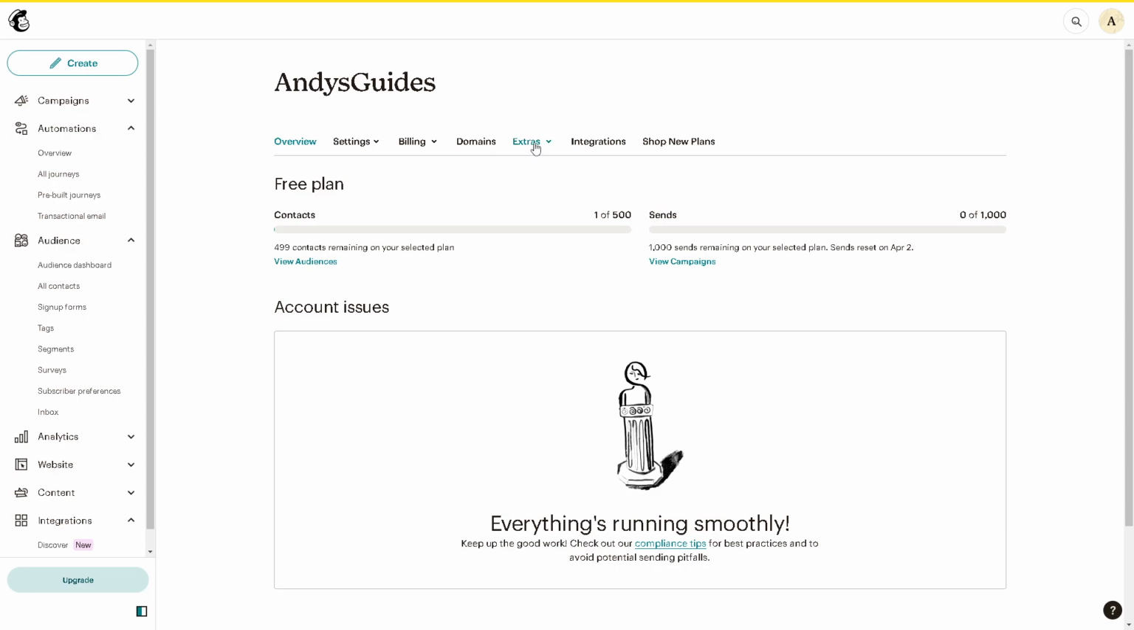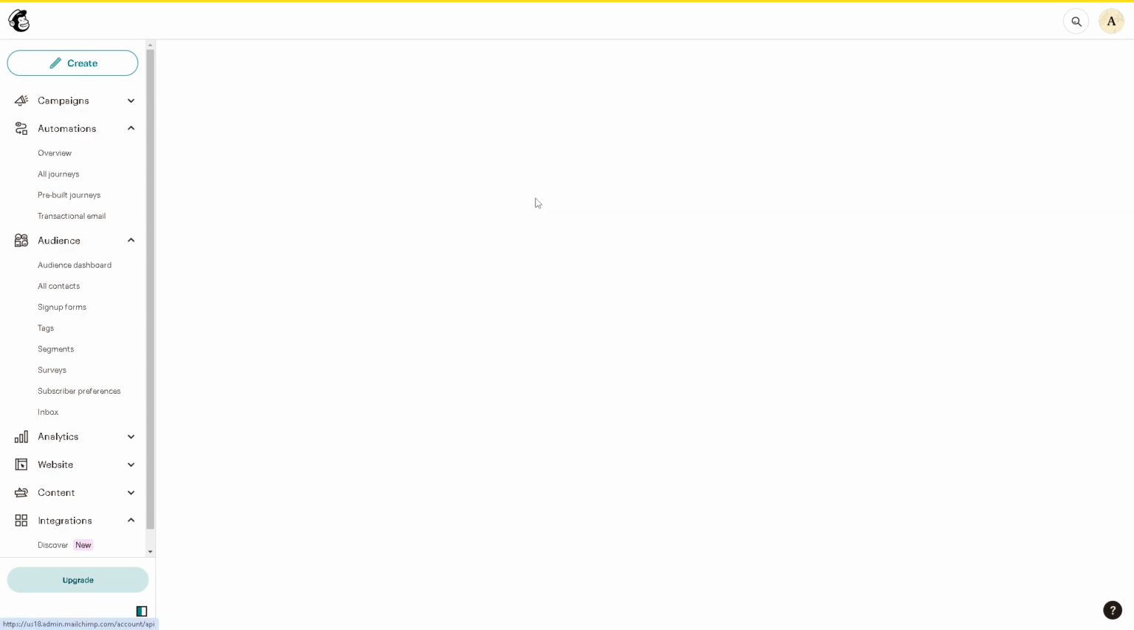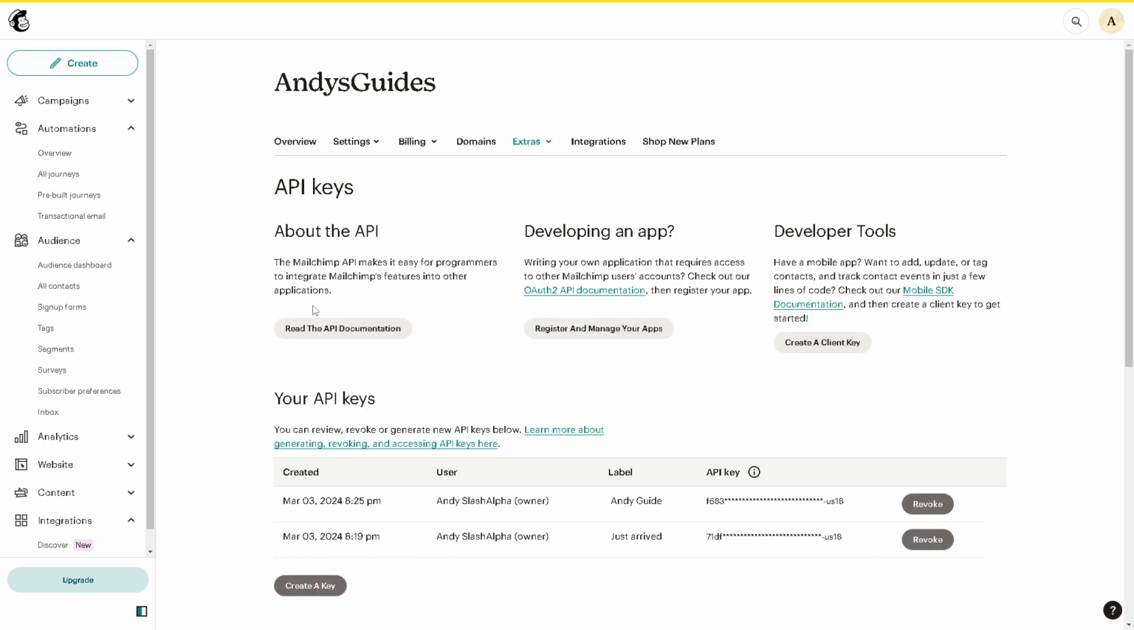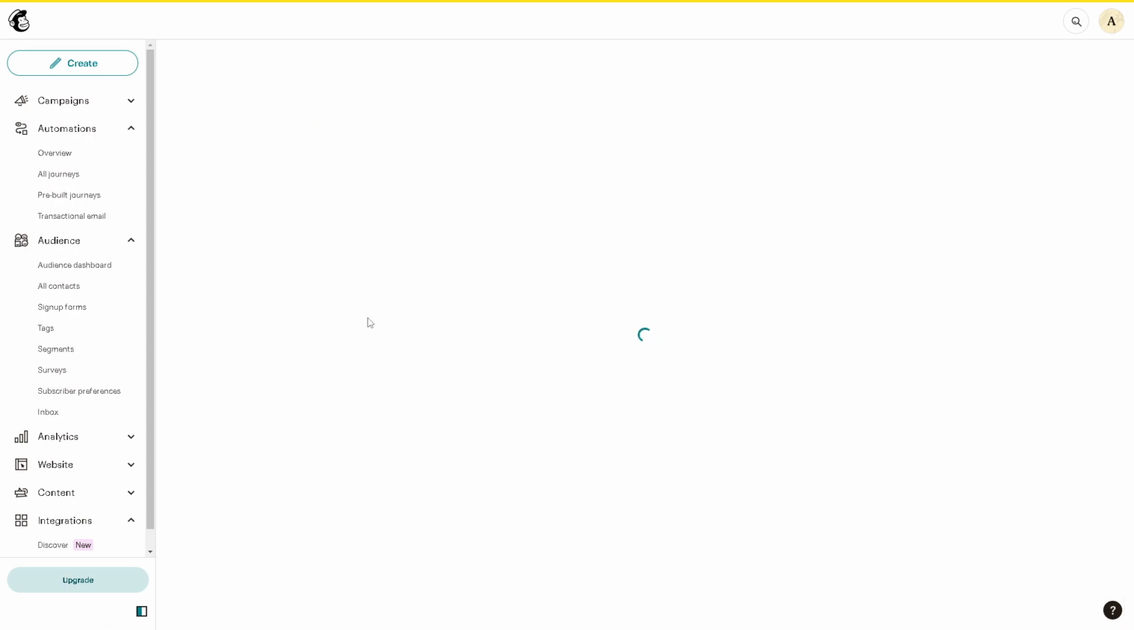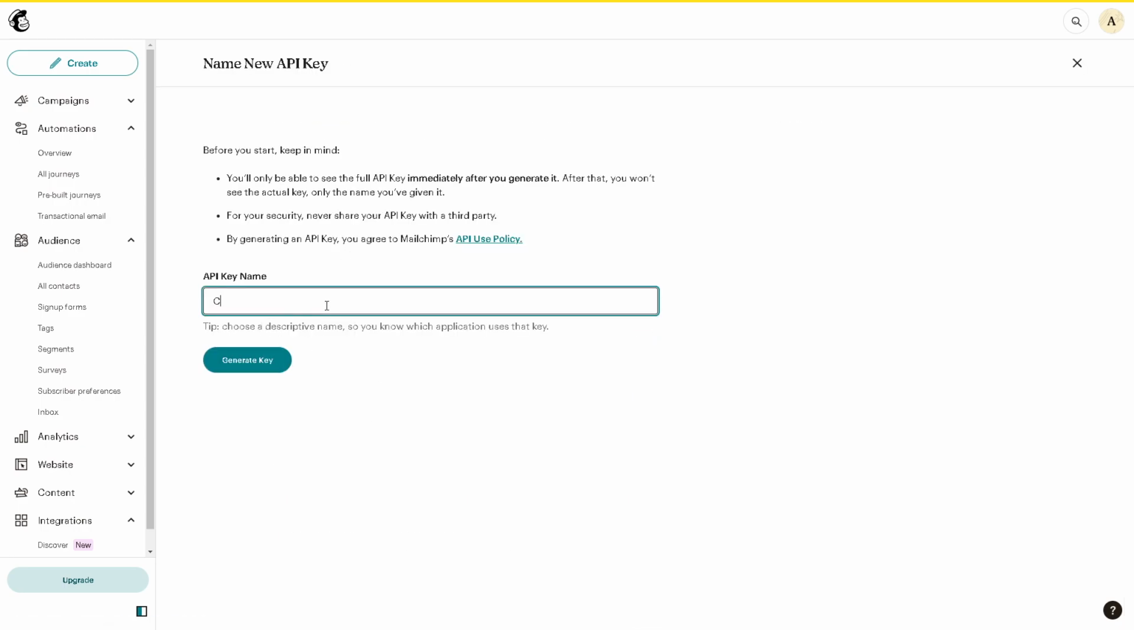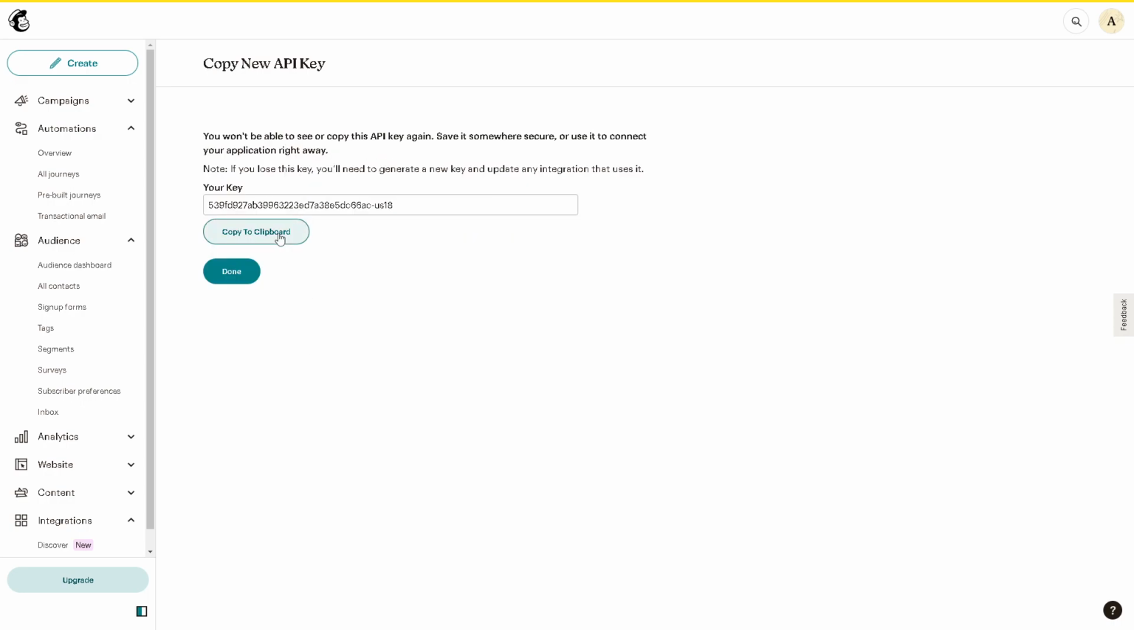I need to do is go to extras and go to API keys, because you need to generate an API key for you to be able to integrate Contact Form 7. Now, all you're going to do is create a key and rename it to Contact Form 7. Okay. Now, once you have done that, generate the key, copy to clipboard, or you can save it to your